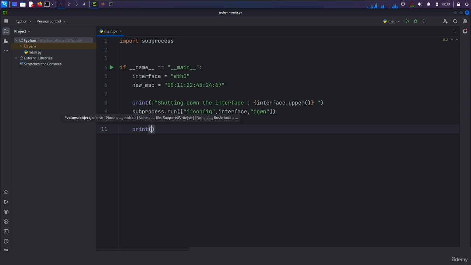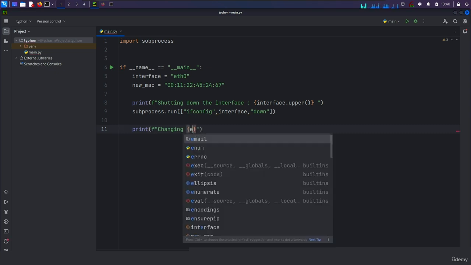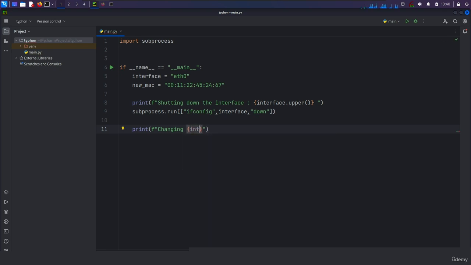And after that, what we're gonna do is we will print, let's write, changing interface. Let's actually use the format so that we will notify that we are changing our interface MAC address. The interface is uppercase to make it show up like that to the user. So, changing interface MAC address